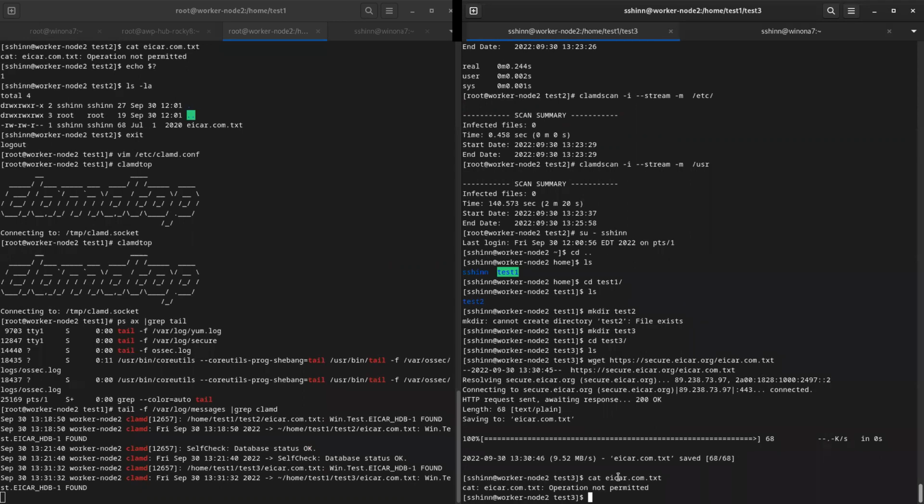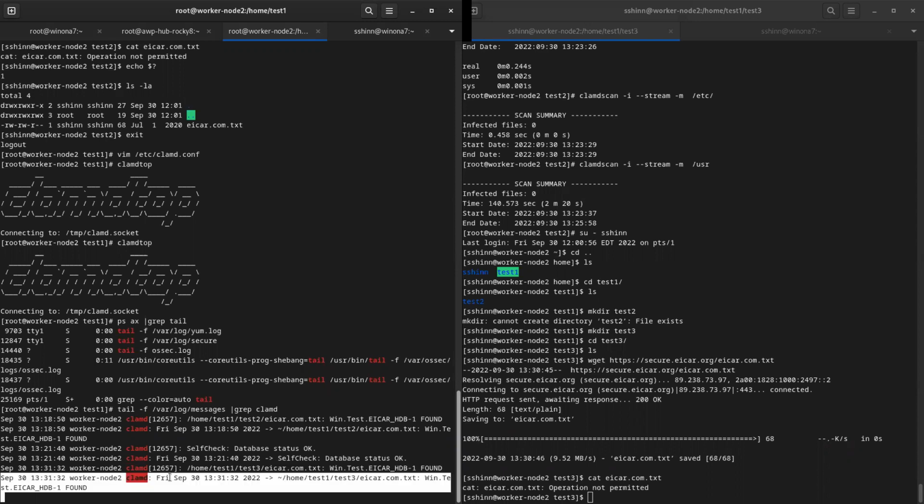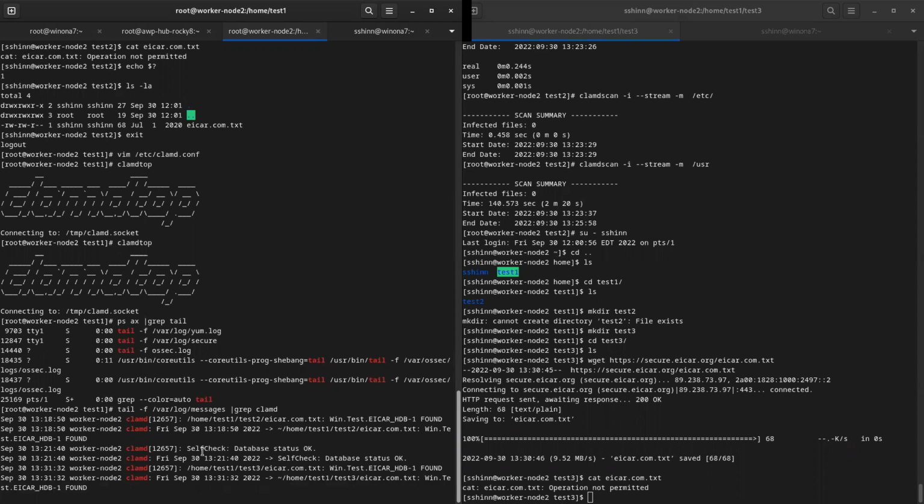Now, this is being done inline from the kernel, right? I didn't have to do anything other than turn it on and point it at the directories I wanted to watch. On the kernel side, we logged this twice, right? One, we get the ClamD service itself returning that this particular file had EICAR, and the second event is actually coming from the on-access scanner itself that's telling us this, right?